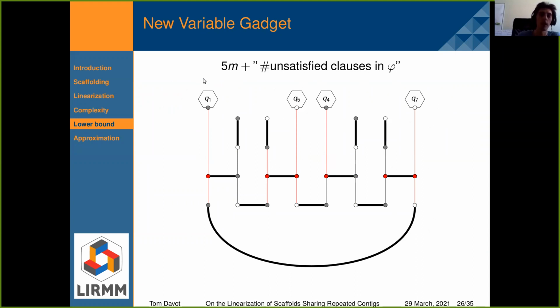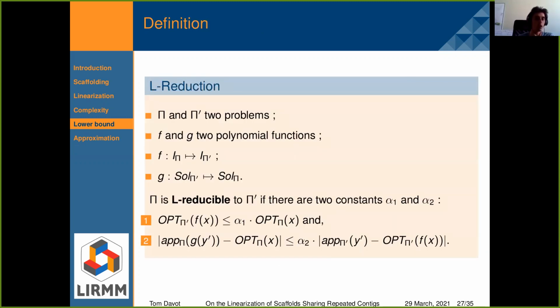So that will correspond to this formula. So by doing that, we can make an L reduction between max 3SAT and semi-brutal cut.